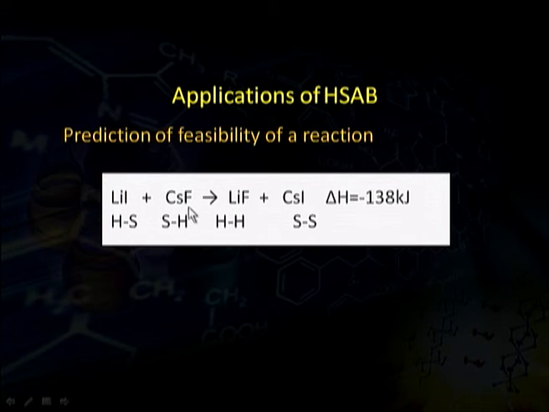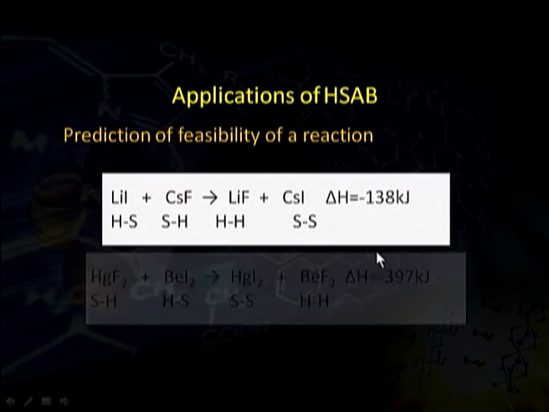When these two species react together, they easily form a combination of hard-hard and soft-soft, that is, lithium would get attached to fluoride to form a hard-hard combination, and cesium would get attached to iodide to form a soft-soft combination. So, this particular reaction we can say is feasible, as is also understood from the delta H value,